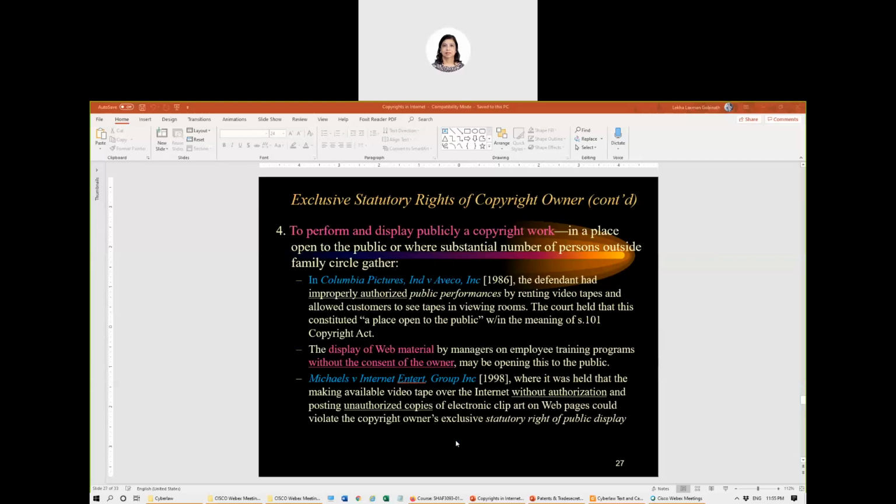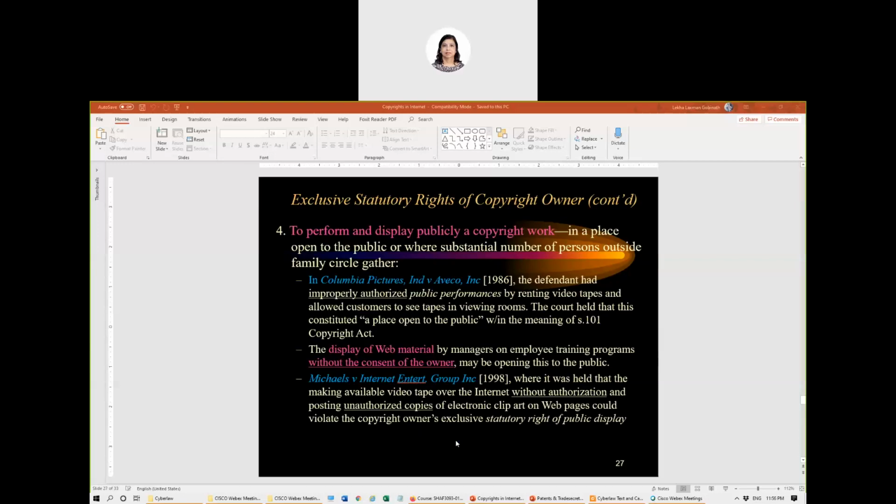As opposed to you watching a movie in a house with just your family members, which is not considered public, an assortment of people gathered in a place will be considered to be public. Now, if you look at the case Columbia Pictures